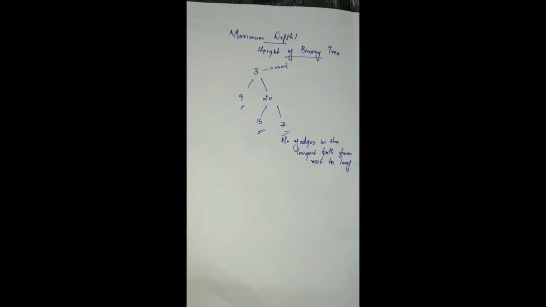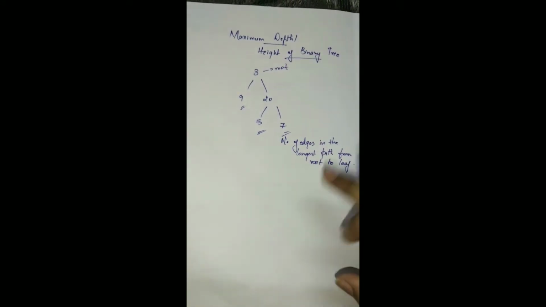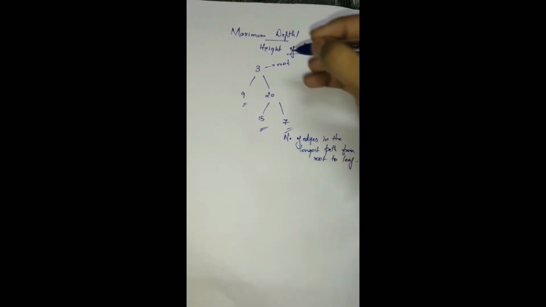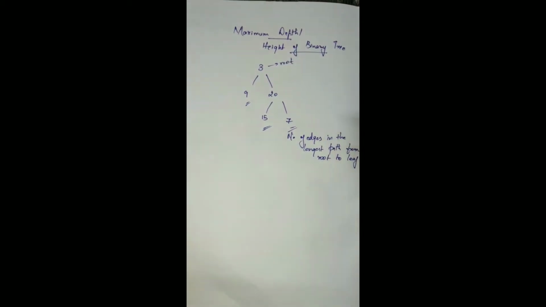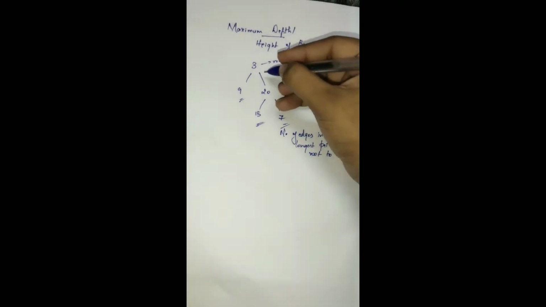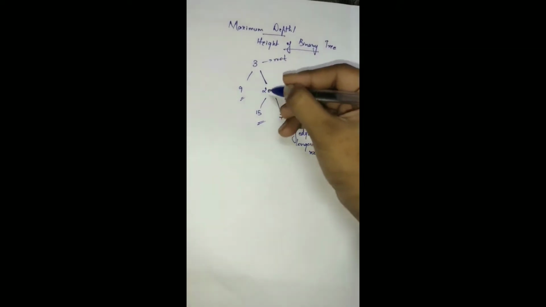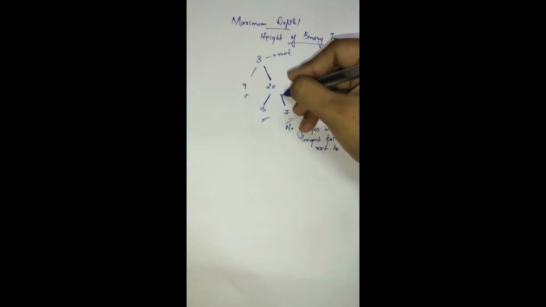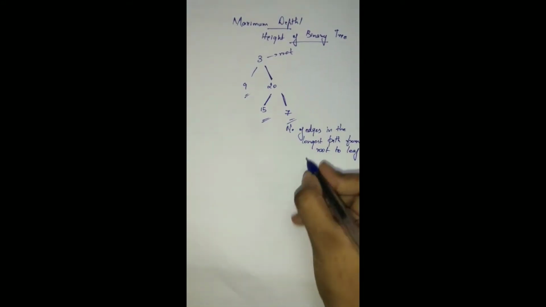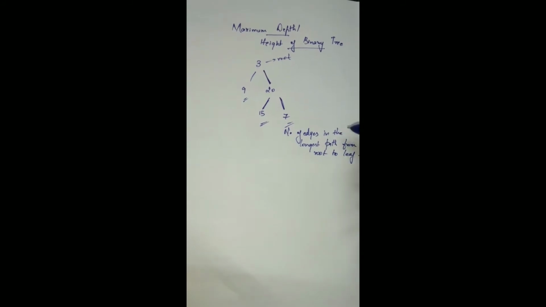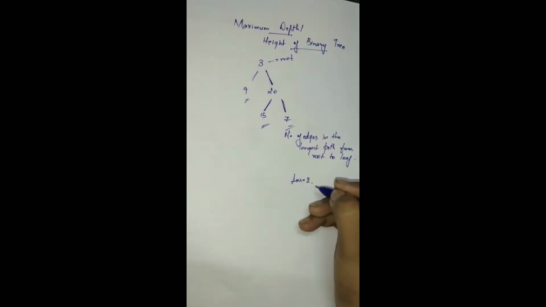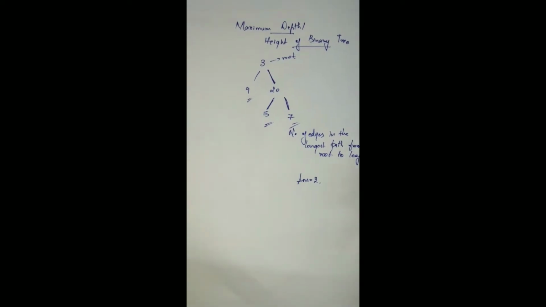So from the root to the leaf, which is the longest path, we are going to find the number of edges in that. There are two longest paths that exist from root to the leaf node, which are 3, 20 and 15, or 3, 20 and 7. So these are the longest paths. You may think the answer will be the number of edges in the longest path, which would be 2, but the answer is 3 because we are going to include the root node also.